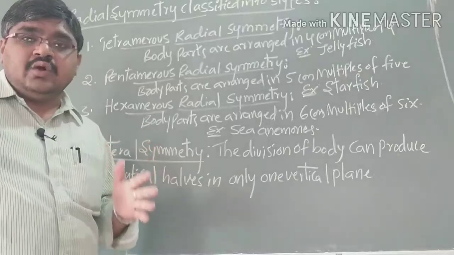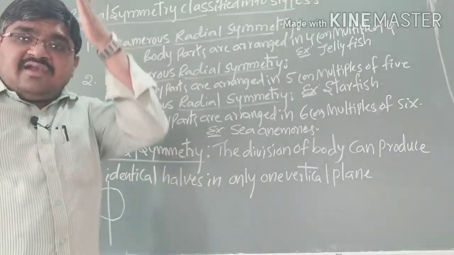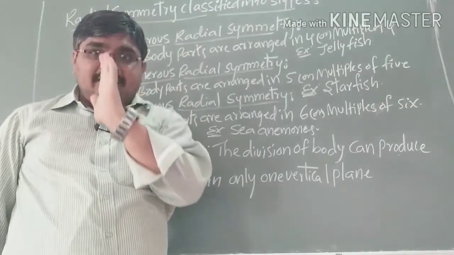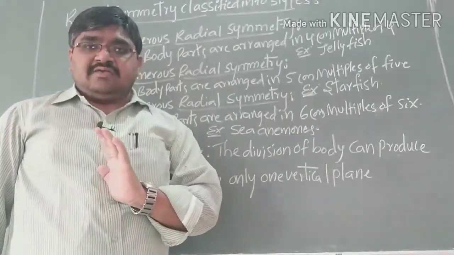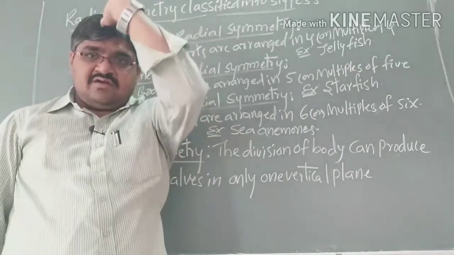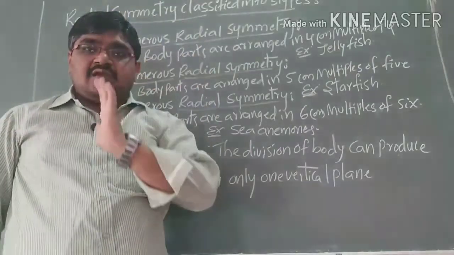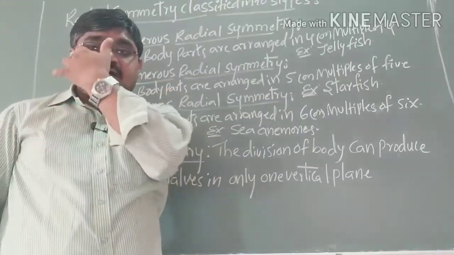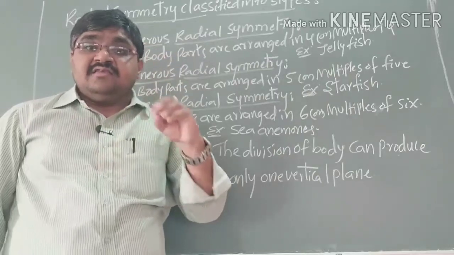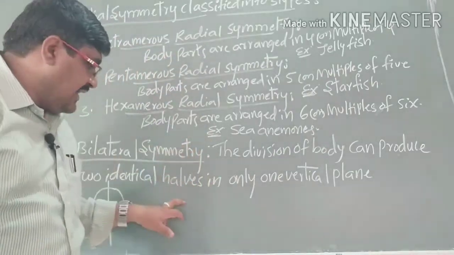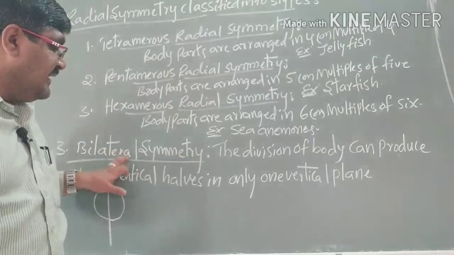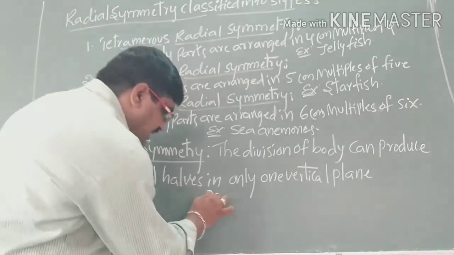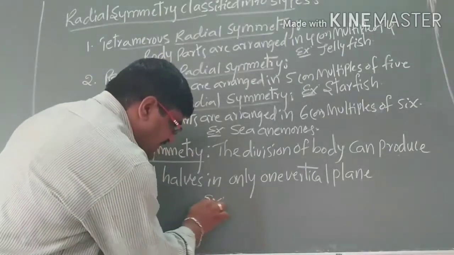Bi means two, lateral means side, that is when you cut the organism in only one vertical plane. For example, myself, when you cut in only one vertical plane, we are able to produce two identical halves. Then this type of symmetry is called bilateral symmetry. Example of bilateral symmetry we can take as Annelida,